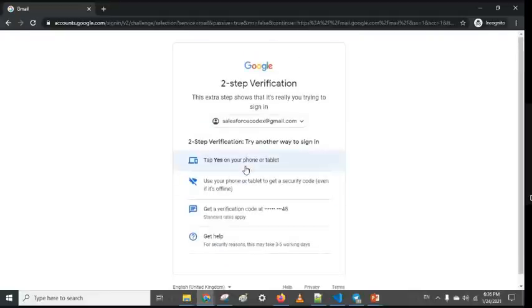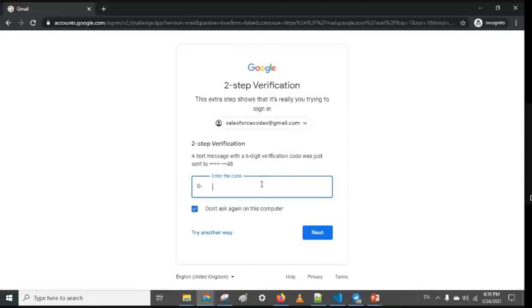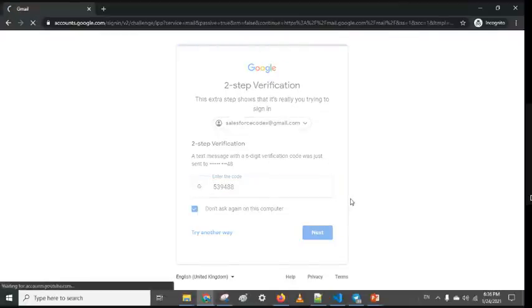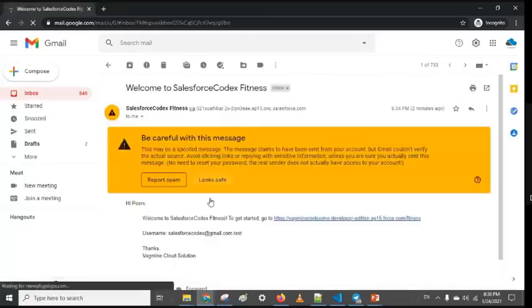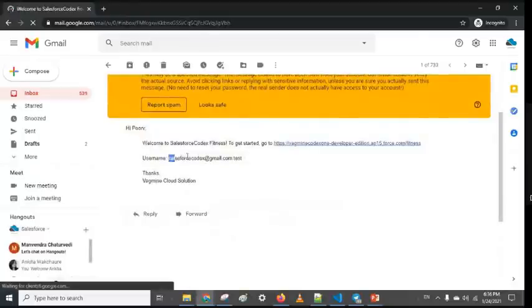Try another way. Get verification code. So we have received one. Okay, this user is created.